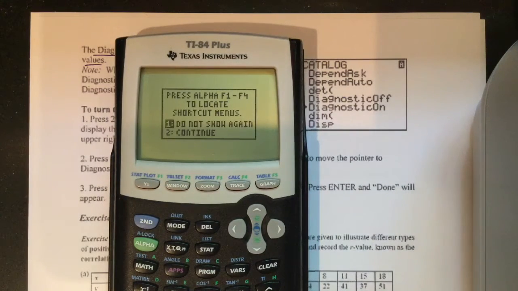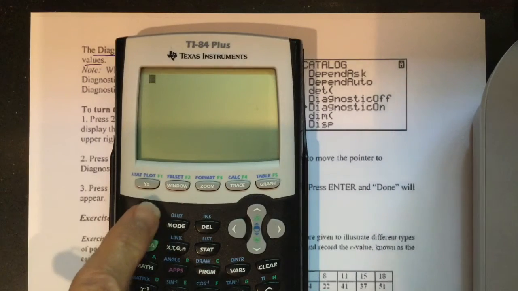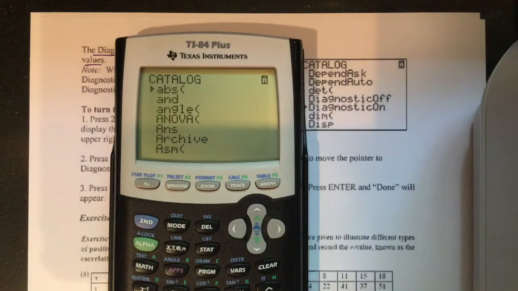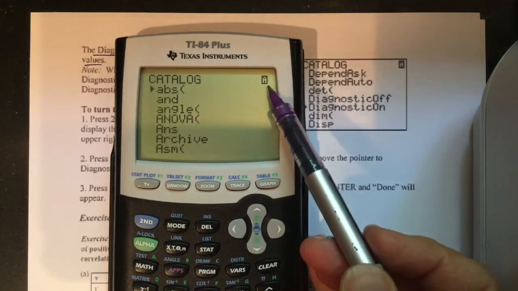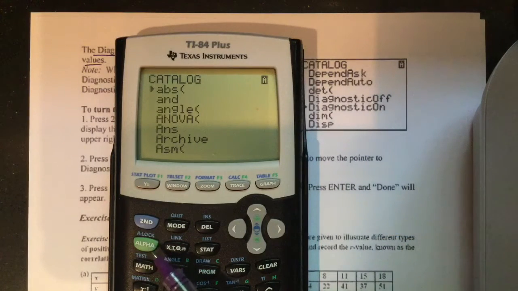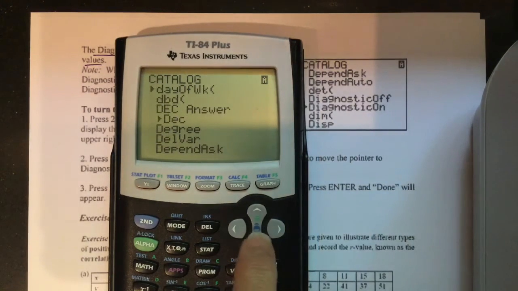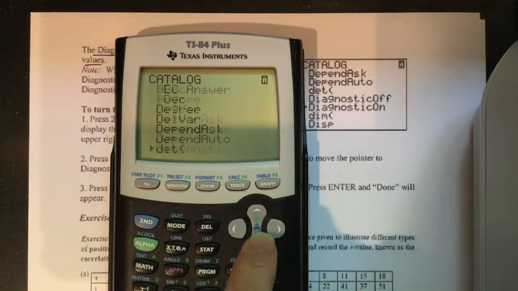So the first thing we want to do is go to the catalog, and if you guys remember, the catalog is second 0, and it says that on your paper. It has this little A here, and that means alpha. So notice how alpha is in green. That means you can use the letters. So here I have a green D, so I'm going to hit that to get closer to the D's. You can always just use your down arrow, but we're going to have to go down arrow anyways until we